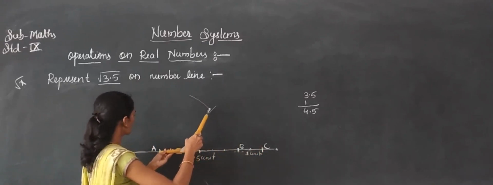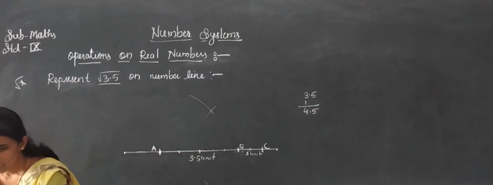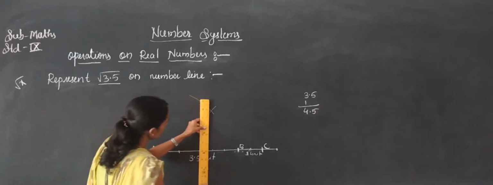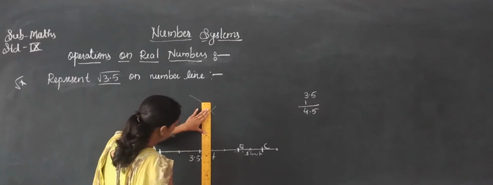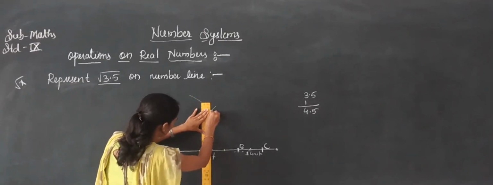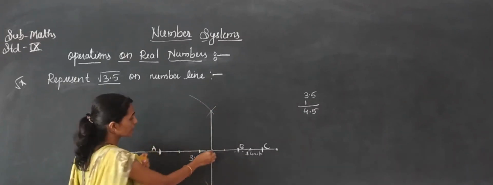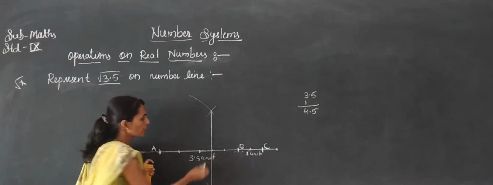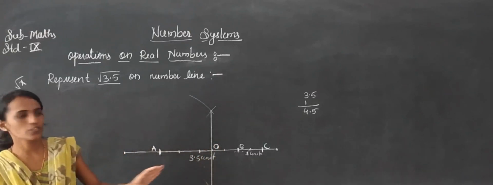So what we got here, a perpendicular bisector, means we will get a midpoint of that line. So then join both the lines here. Straightly you have to take it without changing the scale. Join the lines here. After joining the line, you will get the midpoint of this AC. There you have to give the mark as O. Consider that O as the center of that point.